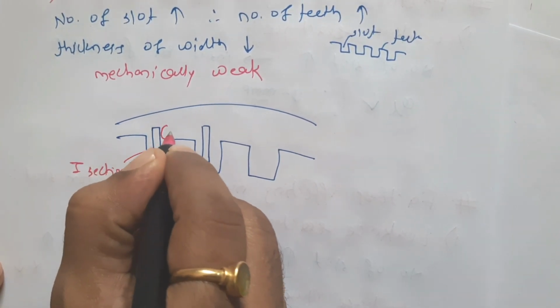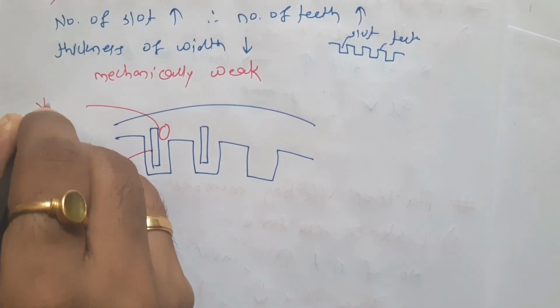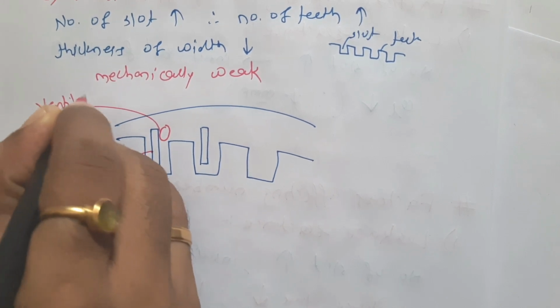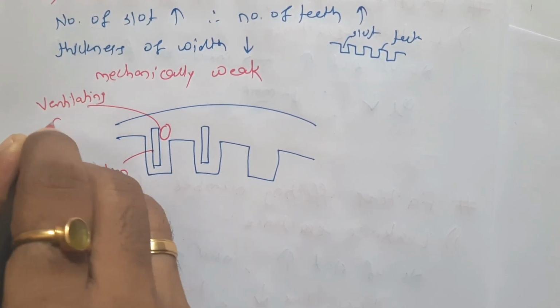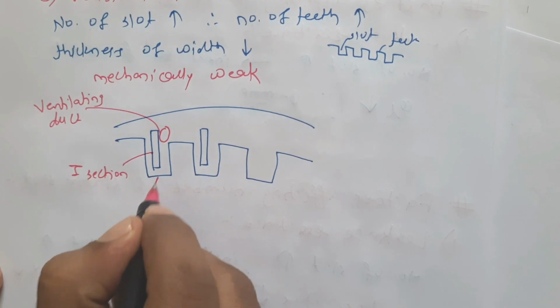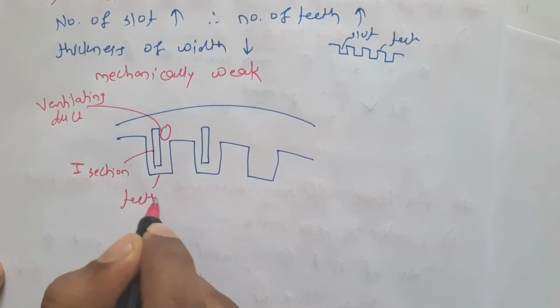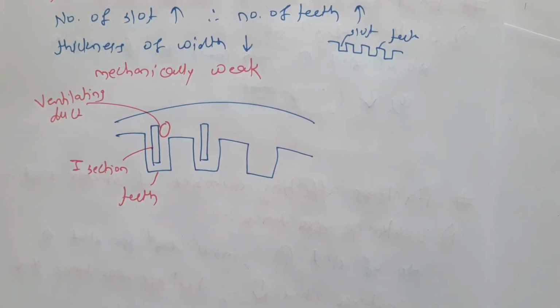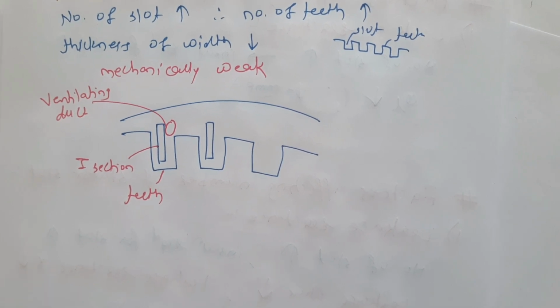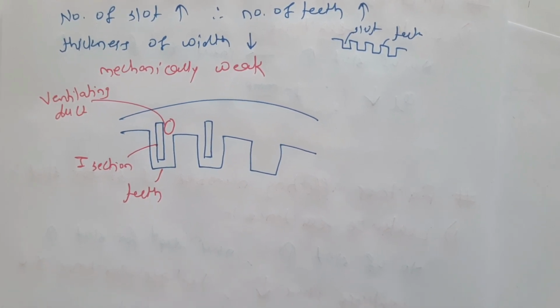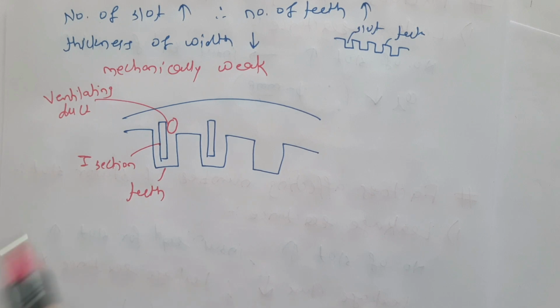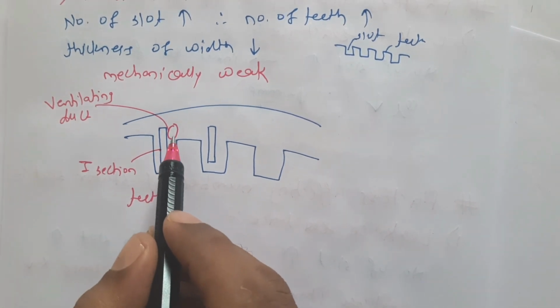This is ventilating duct. Ventilating duct, and this is teeth. Therefore, the tooth becomes weak. Therefore, these teeth are supported by I section or T section, but which gives obstructions to the flow of air